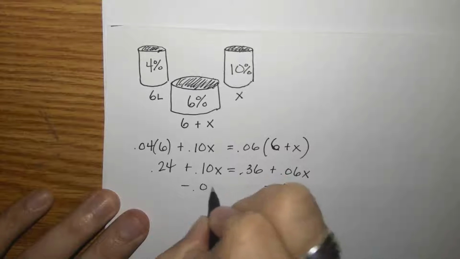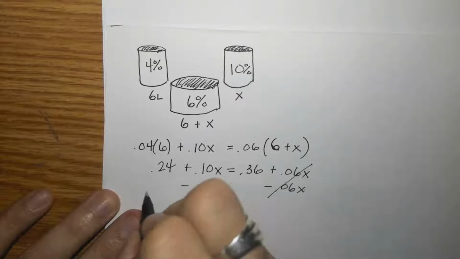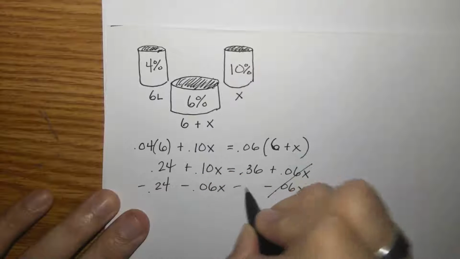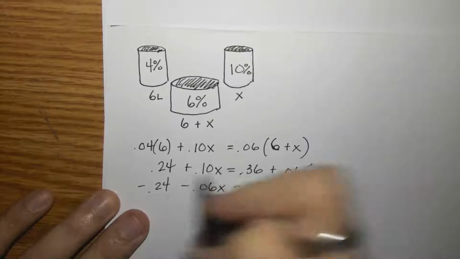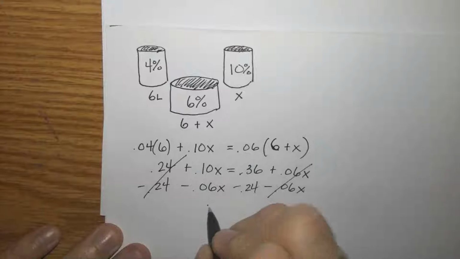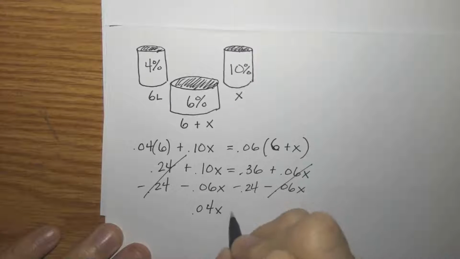And subtract the 0.06x on this side. That cancels away on that side. Now I'm going to minus my 0.24 here. Minus my 0.24 here. So that cancels away there. So 0.10 minus 0.06 is 0.04x. And this equals